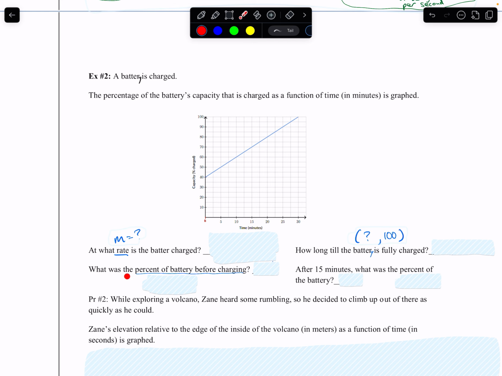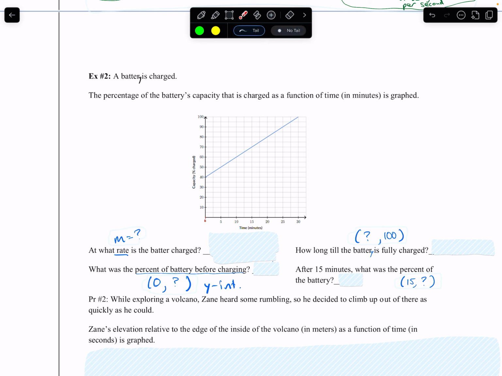The third question, what was the percent of battery before charging? So if it's saying before charging, that means the time it's spent charging is 0. So this is asking us, you could think of it as a point like I wrote. You could also think of it as the y-intercept. The last question, after 15 minutes, what was the percent of battery? So this is giving us an x-coordinate. We need to find the y-coordinate that matches 15. Okay, so